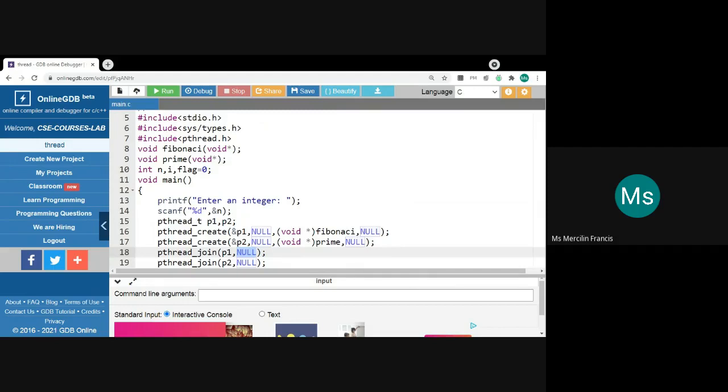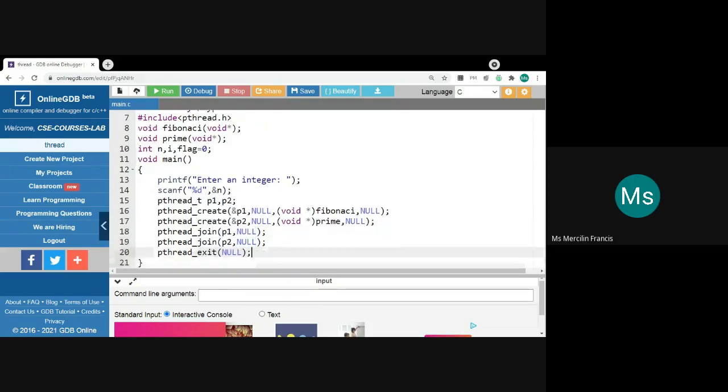When it starts this execution, it was pointing to the Fibonacci subroutine, and once it completes the execution, it will be pointing to the null address space. That's why it is given as NULL. So P1 and P2 will be pointing to null once they complete their execution. So this helps in terminating the thread.